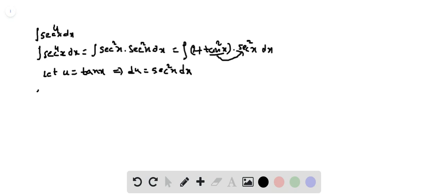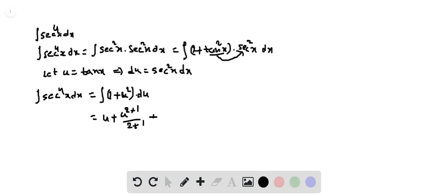So integral of secant power 4x dx equals integral of 1 plus tan square x is u square and secant square x dx is du, that equals, if you integrate this you will get u plus u power 2 plus 1 by 2 plus 1 plus c,